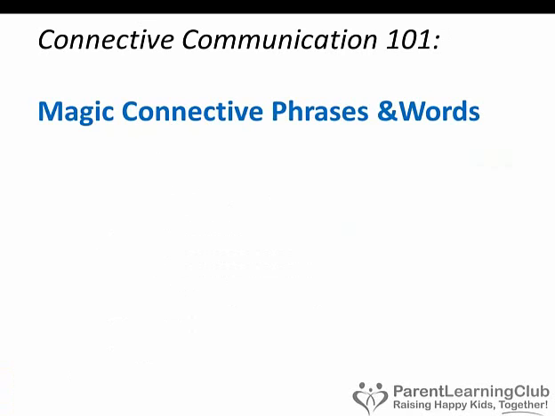So now we're going to talk about what I call magic connective phrases and words. These are different ways of talking and using different words which are extremely effective to connect with the child. I call them magical because of how effective they are. They're using different triggers on the child's subconscious to really engage them and to make them feel more a part of the engagement, to help meet their needs for contribution and connection, simply by choosing the words in how we talk here.